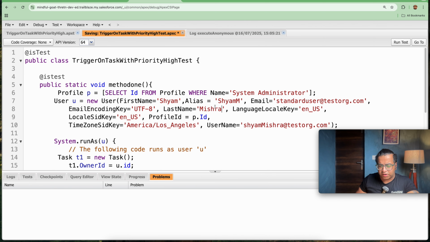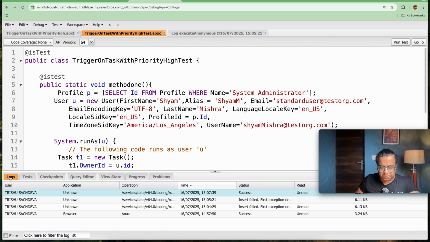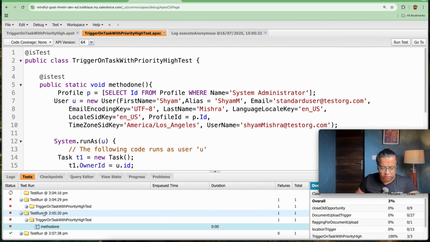So let's save it, and now test whether the test class runs successfully or not. Now it has passed. Hopefully it has passed.